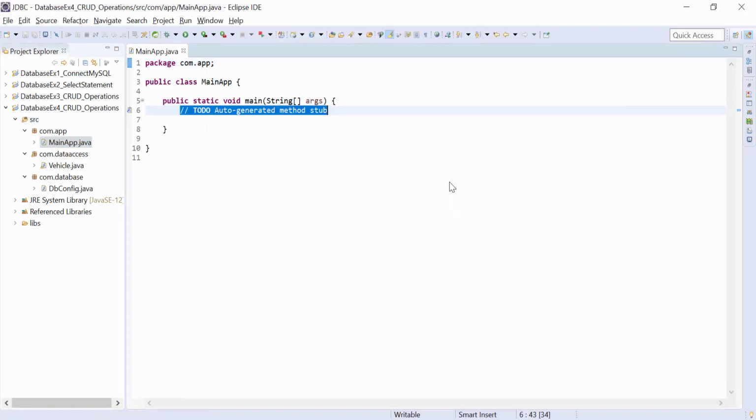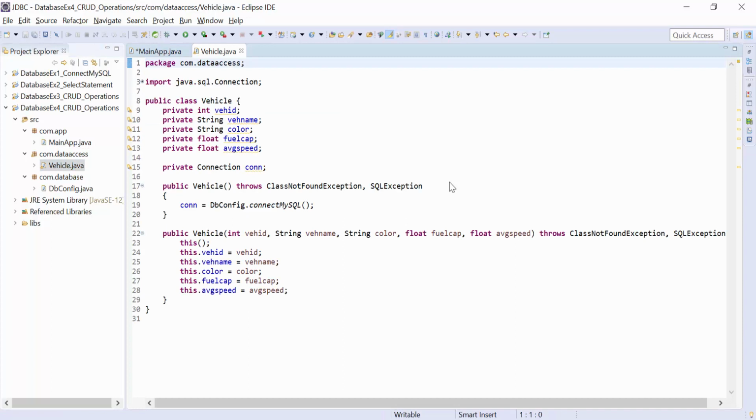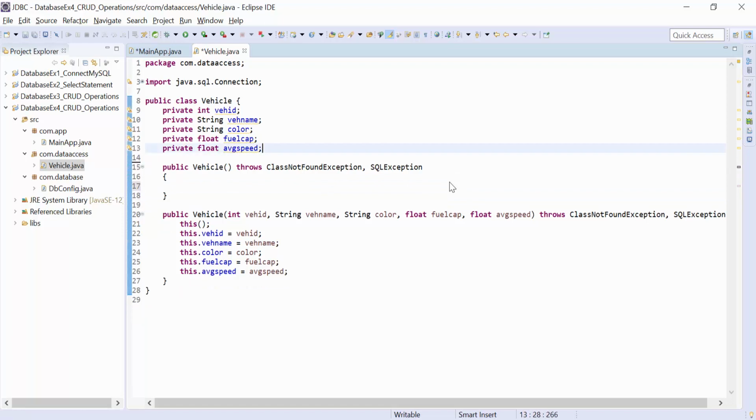Here we first create a connection. The class was going to create a connection here, right? So instead of that, we create the connection using a main class instead of this one. Okay, so I don't need a connection object in the class, so I just remove it. This is only a class, and now we need not throw exceptions.